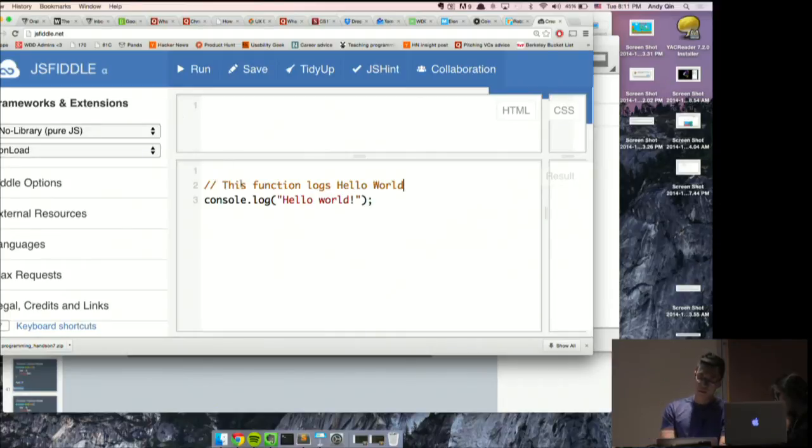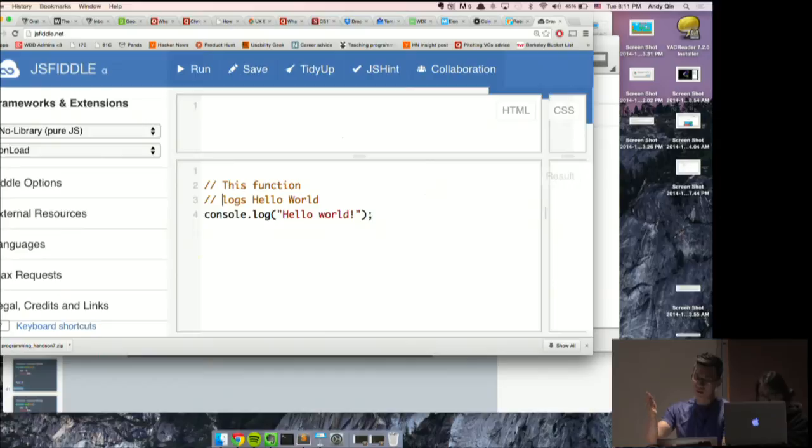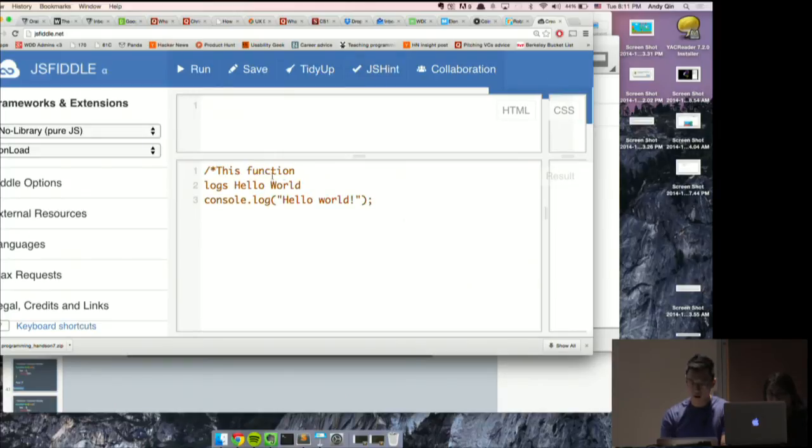Sometimes my comments span two lines, and I could do two single line comments, or I could do this: a slash and then star, and then star slash. Anything between these two will be commented out. It's just good style, especially if you're working in groups, to document your code and let everyone know what's going on, so that someone unfamiliar with your code can see it easily.